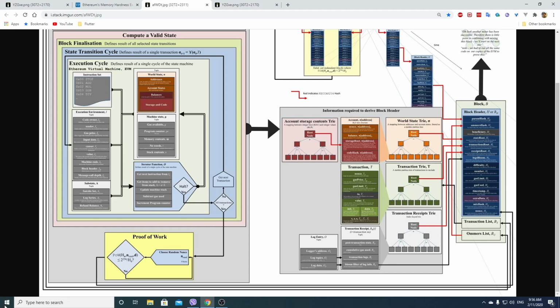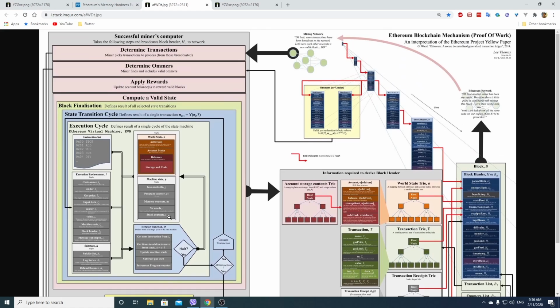So the definition of the substate is section 6.1 of the yellow paper. It's quite short, actually. I missed it when I read it the first time. Okay, so